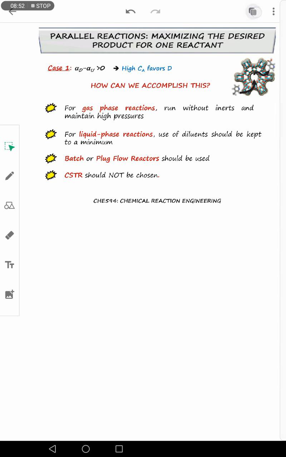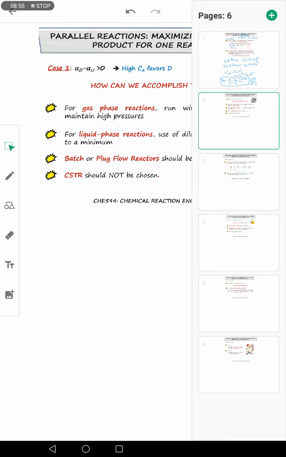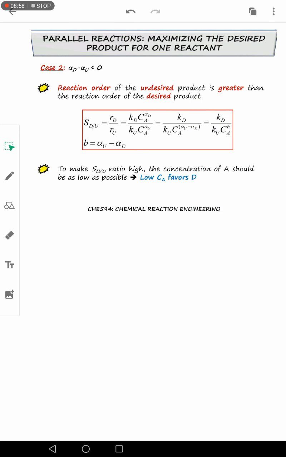Okay, let's have a look at the next case. The next case is if alpha of desired is lower than alpha undesired. Means order of desired is lower than undesired. So contoh, desired is order 1, tapi undesired order dia 3. Contoh, okay. So kalau if this is the case,